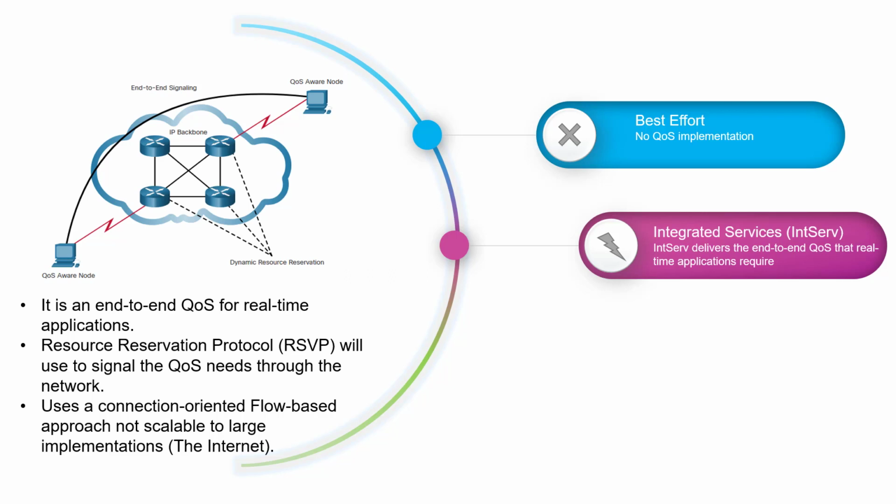The edge routers perform admission control to ensure that the available resources are sufficient in the network. The application requests a specific kind of service from the network before sending data, and then the application informs the network of its traffic profile, about its bandwidth and delay requirements. Then finally, integrated services uses the Resource Reservation Protocol (RSVP) to signal the QoS needs of an application's traffic in the end-to-end path through the network.